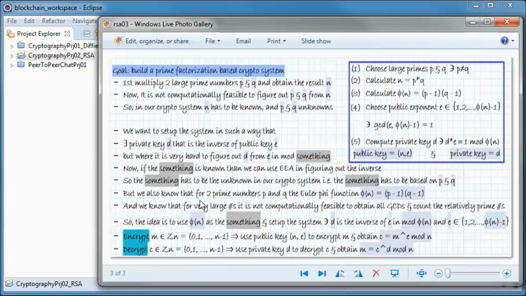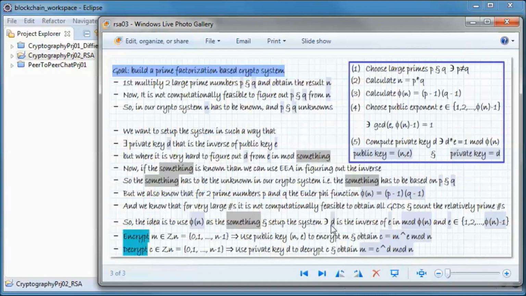But we also know that for two prime numbers, p and q, the Euler phi function, phi of n, is equal to p minus 1 times q minus 1. And we know that for very large numbers, it is not computationally feasible to obtain all GCDs and count the relatively prime numbers. So the idea is to use the phi of n as that something